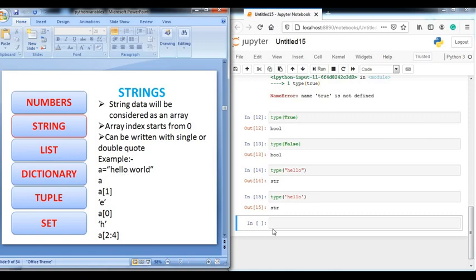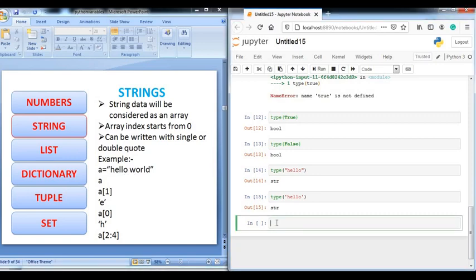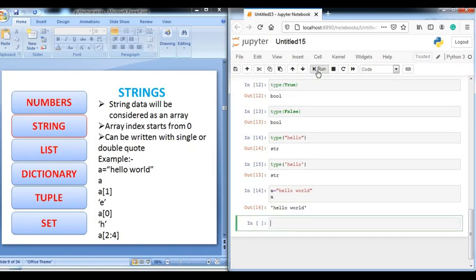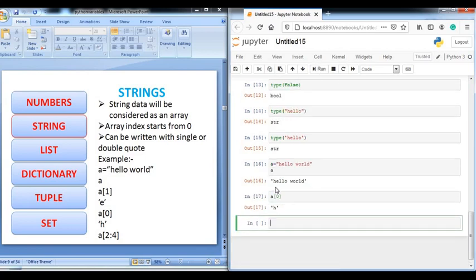For example, I write hello world and I want to print it, then simply write a, you will get hello world. And by the index value, if you want to get the value at the 0 position, simply write a in brackets 0, it will print h, because at the 0th index the value is h.